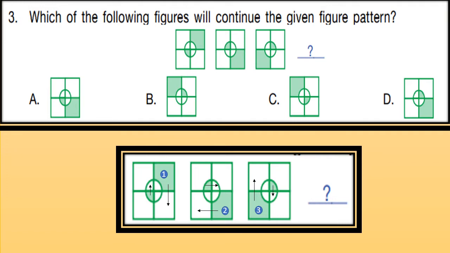Now the arrow is going down. So in picture 2 that part is shaded, and similarly in the circle the arrow is going up, and in picture 2 that part is shaded. Now again follow the arrows. So square part going to left. So in picture 3 that part is shaded. Similarly for the circle. Now for fourth part the arrow is going up for the shaded square. So that part will be shaded, and for circle the arrow is going down. So that part will be shaded. So this option is C. So C will be the next figure pattern in the series.